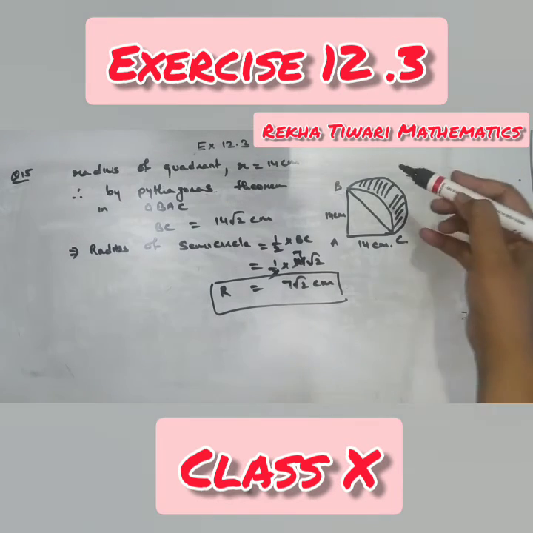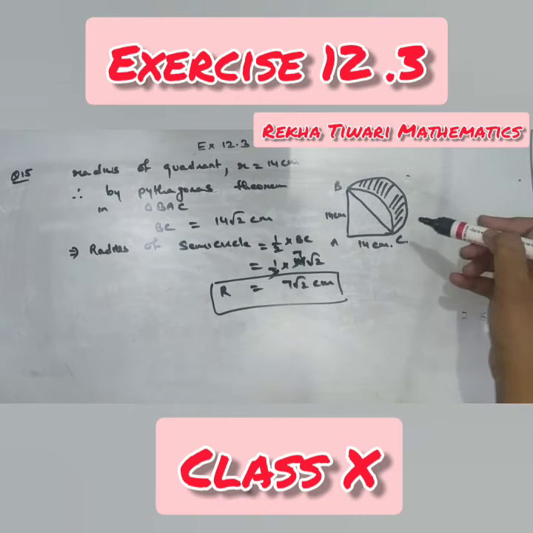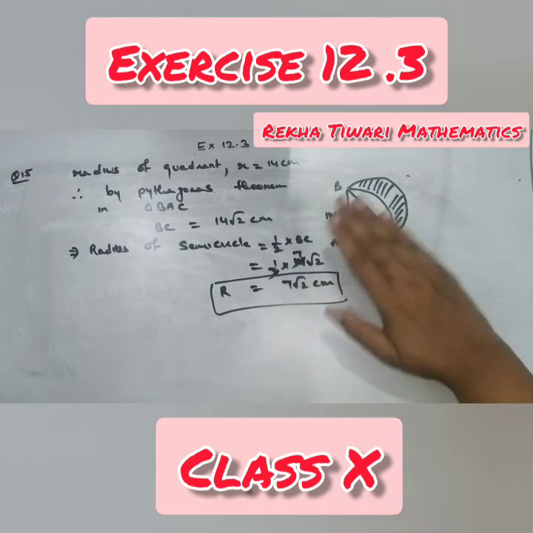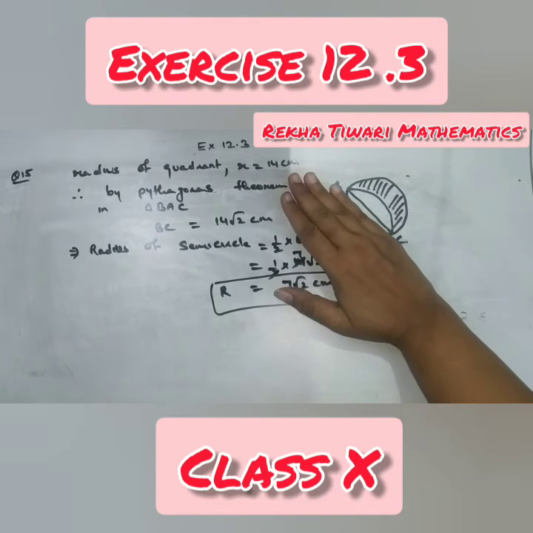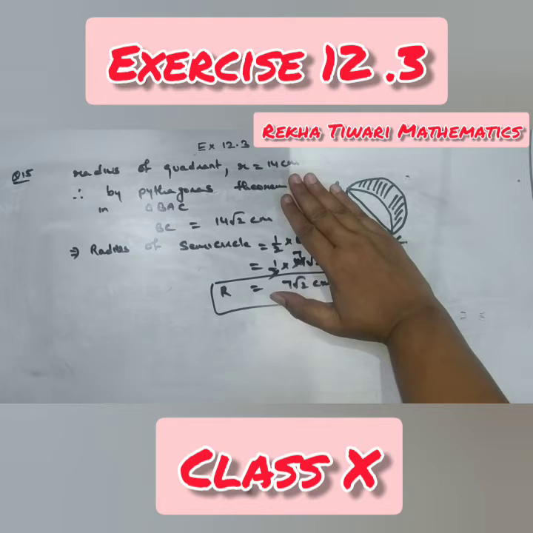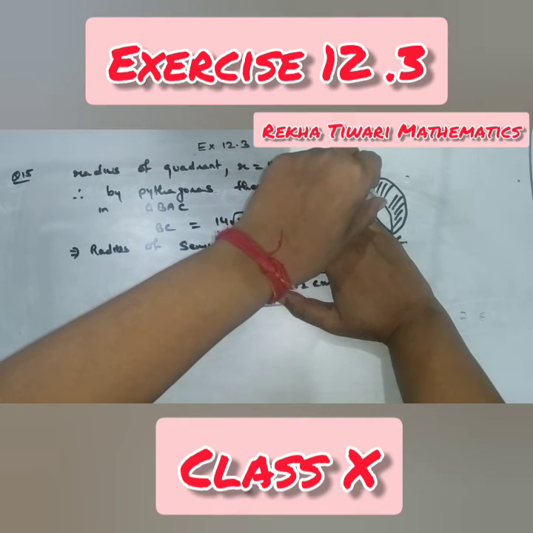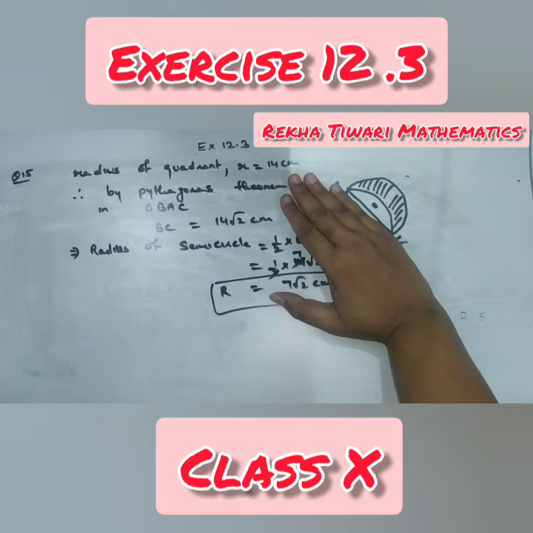You have to find out the area of the shaded region. How to get the area of the shaded region? If you look at the question, just this triangle is unshaded, just remove this. Only this portion is left out. So area of semicircle minus area of segment. This region is called the segment, the region bounded between chord and the arc. So first of all, I have to find out the area of the segment.